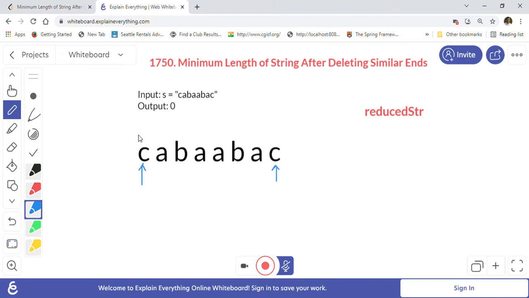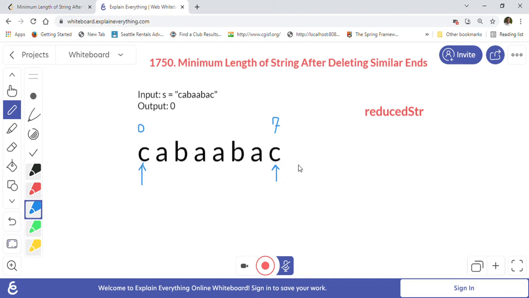We will choose the character first which is at the start pointer. The start pointer will be pointing to character 0 in the beginning, and the end pointer will be pointing to the end of the string. So 0 1 2 3 4 5 6 7, so 7 is the C. So the 7th character. We will choose this character C, and then we will compare if this character matches, right?